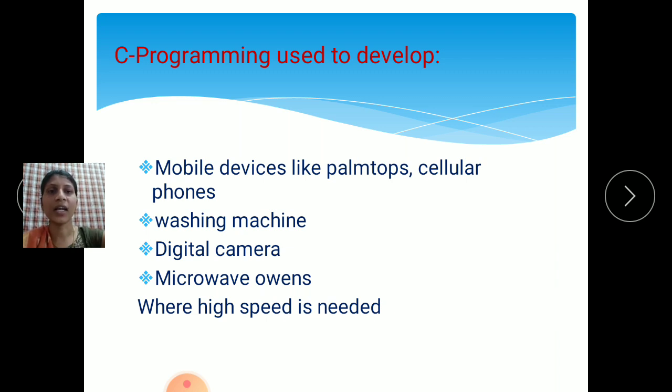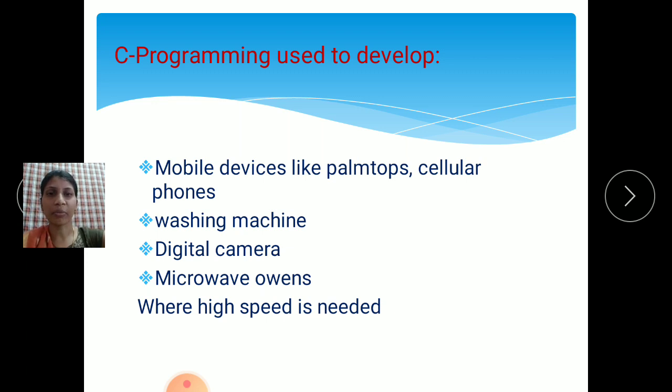Then digital cameras. Behind a digital camera we use code. Using the code that software is prepared, so for that purpose we use the C programming language. Then microwave ovens. If you want to cook anything in the oven, we set the time, like 2 minutes or 3 minutes.